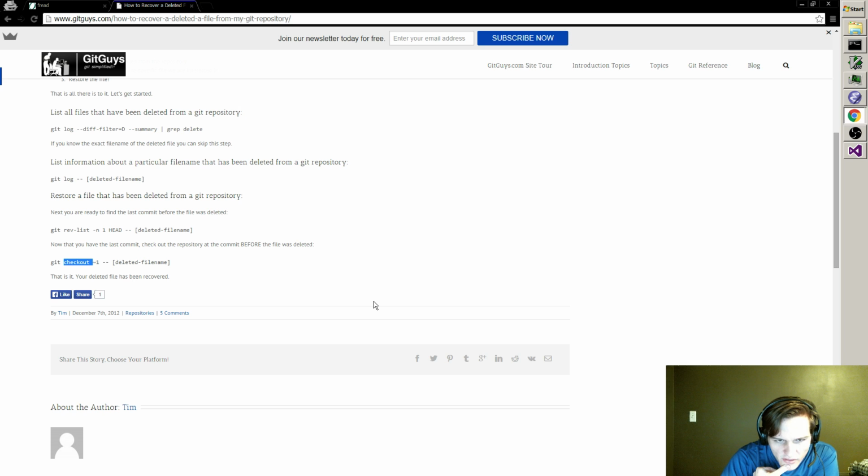Will checkout be the thing I need now that you have that last commit? Repository at the commit before the file was deleted. Git checkout.